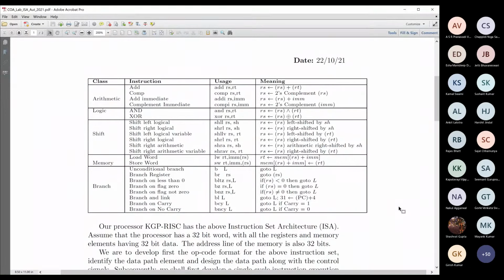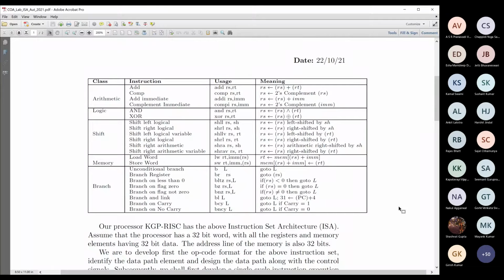The notation that has been used is a little different from the notation that you have seen in MIPS. In MIPS, the contents of a register and also the name of the register is shown using $. Here, the name of the register is shown as, if there are two source registers, one is called RS and the other is called RT, and the content of that is shown by putting parentheses around the name of the register. Okay, so RS and RT.